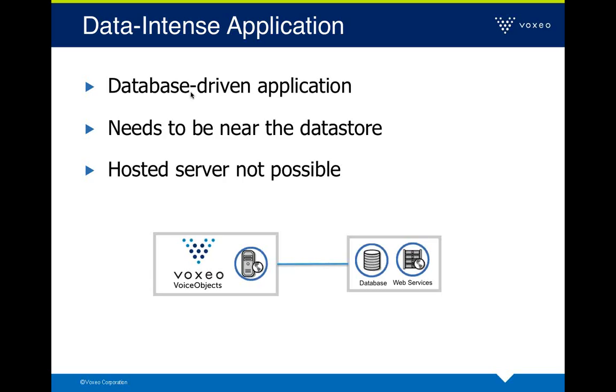You just go right into the auto menu. You can create a high level of personalization, which can create a high level of customer loyalty, just all around get the customers the information they want in the fastest means possible. Well, to do that, you really need to have a very highly database-driven application, and oftentimes that needs to be where the app server, the application server, is right near where the actual database is.